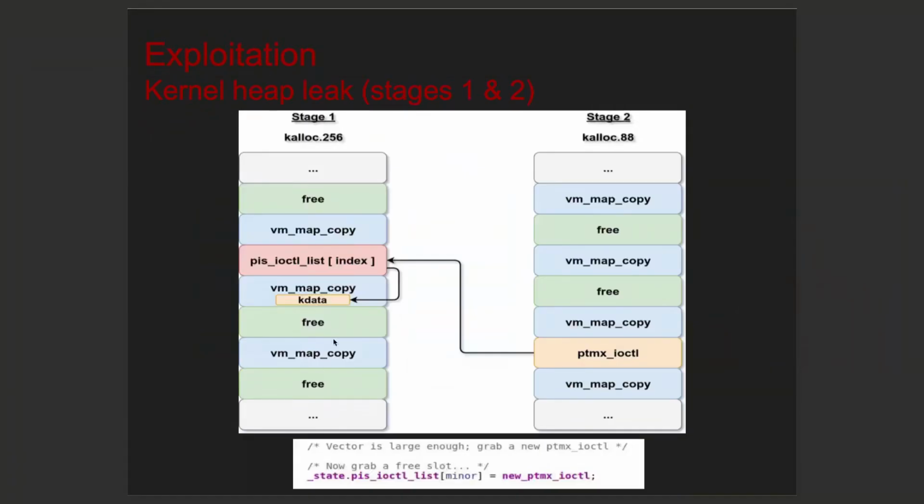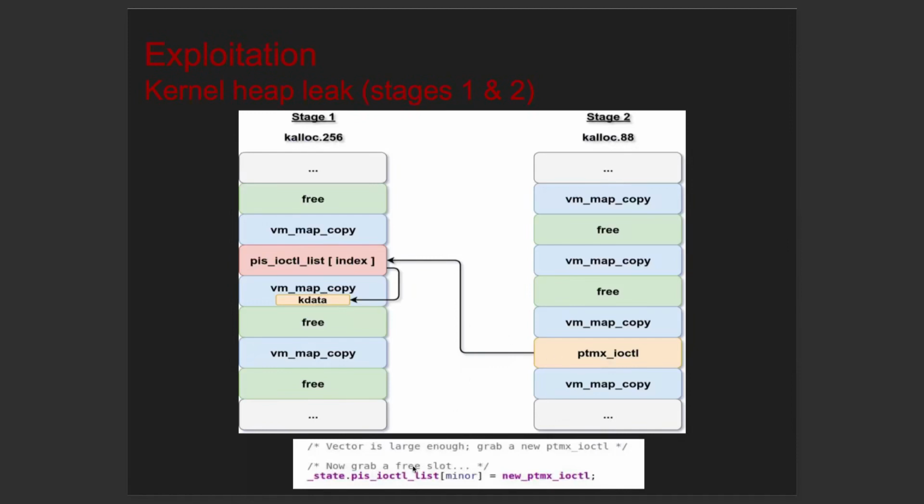So let's go to, okay, so it looks like that. So that's my first stage, right? Free VMAP copy. And this is the same pattern on the calloc88 zone. When you trigger the bug, this PTMX IOCTL structure is allocated. It goes into one of the free slots, right? And then